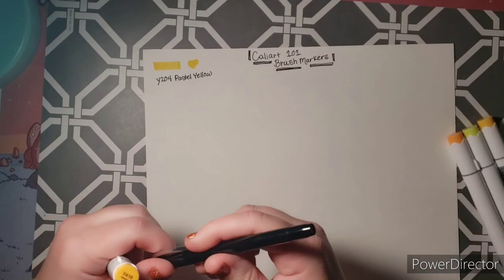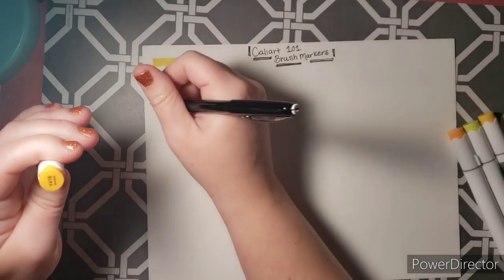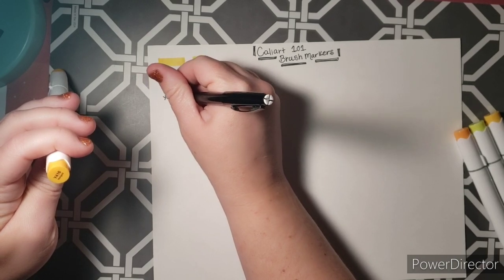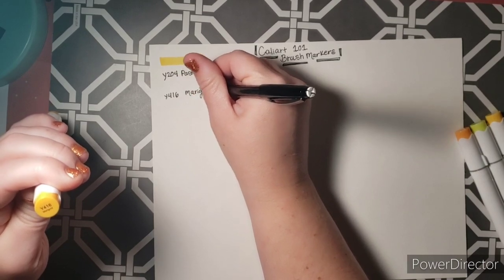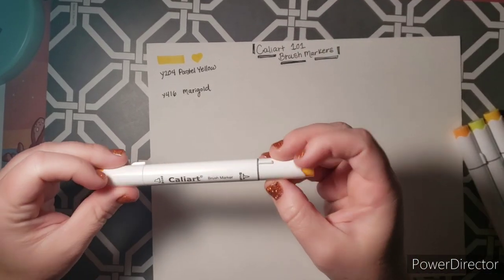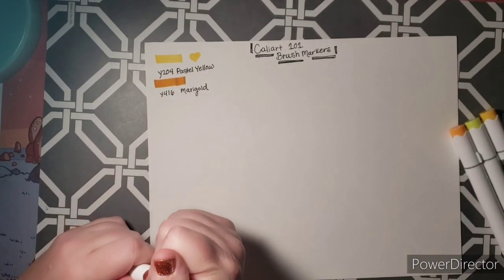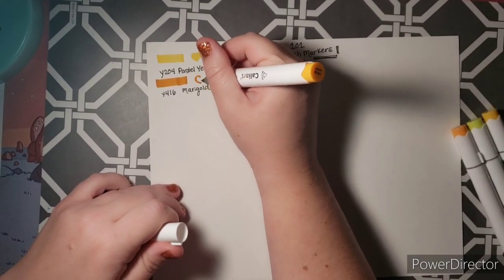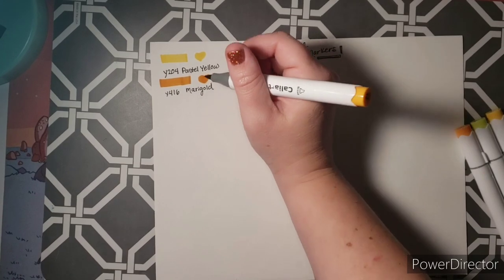Next one, maybe I should do a click pen so I'm not constantly opening up a cap, but that's okay. Y416, Marigold. Let me check our broad end. It's not really an orangey. This is like a fall color. But if you can see the end of the brush tip when it goes down,